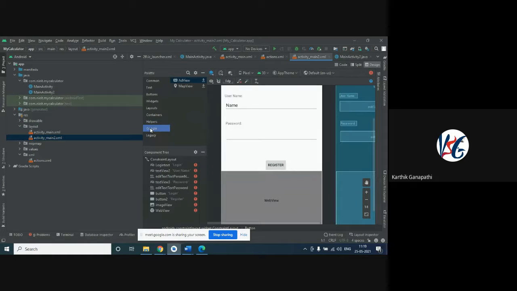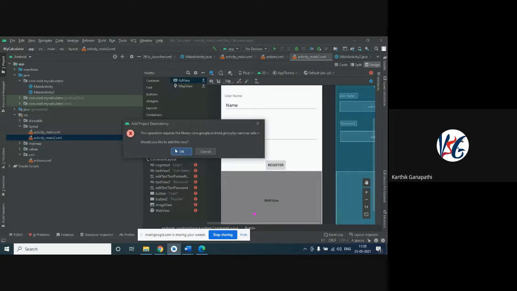Next comes the Google option. As you can see here, the ad view. This is a very, very important concept from a developer's perspective, because ads are going to gain some profit for the developers finally, right? So for this, we are going to place a region for the ad. For example, if I'm going to provide an additional feature for advertisement, let me add an ad view somewhere at the bottom of the application. Let us add this ad view here.